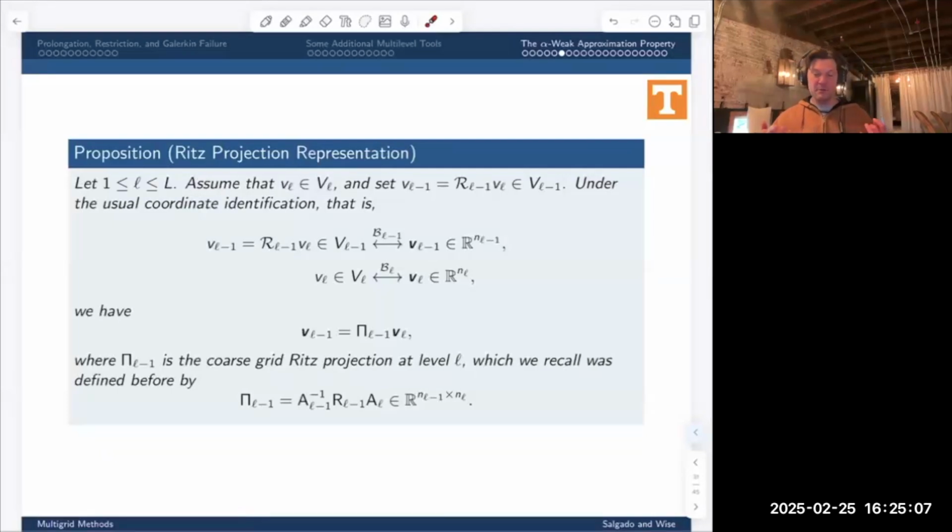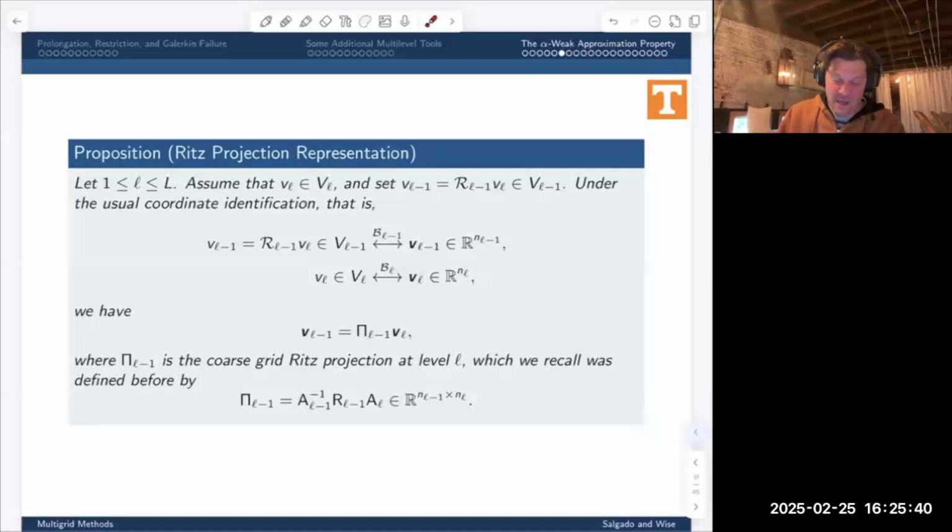So now we kind of are going to prove that it exists and is unique via a kind of alternate approach. So here's how we're going to do this. Suppose that L is between 1 and capital L, and VL is some given piecewise constant function in capital VL. Set VL minus 1 to be equal to that Ritz projection of VL that we said should exist by the